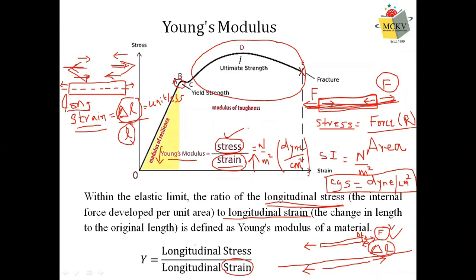The more resistance it provides to the deformation, higher is the Young's modulus. Because if it provides more resistance, that means the deformation would be low. In other words, the strain would be less. In this case, the strain would be less, or the Young's modulus value would be high. It will deform very low, by a very small amount. But if the deformation is very high, which implies it is not stiff, so the resistance towards deformation is not high, that is, strain is very high, then the Young's modulus would be low. So this is the conceptual meaning of Young's modulus.